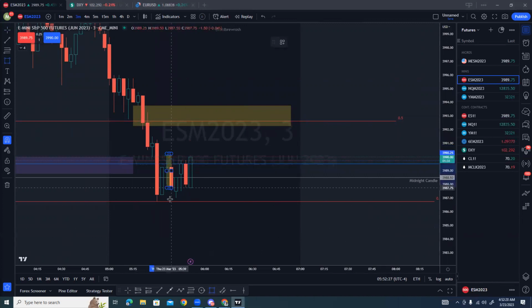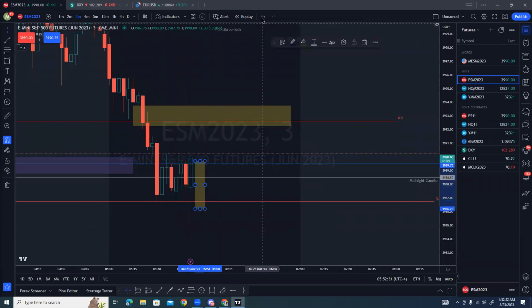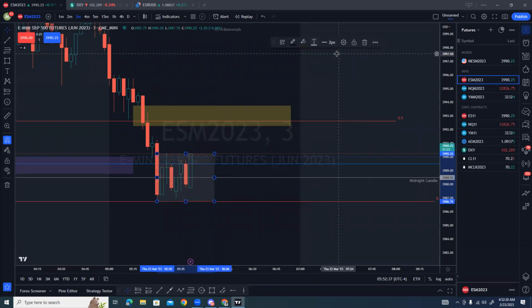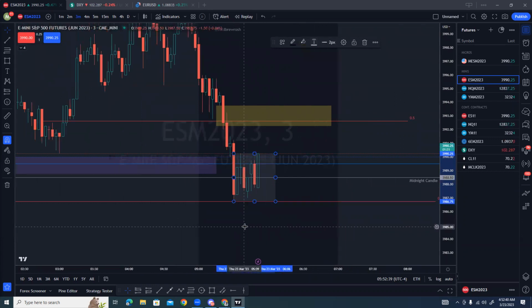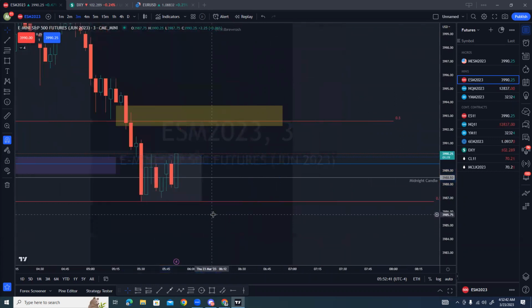I'd go from this guy to this guy. Oh my God. There. So make the shading. There you go. All right. We get displacement above this right here, then I would consider this an order block and a reason to probably go long,